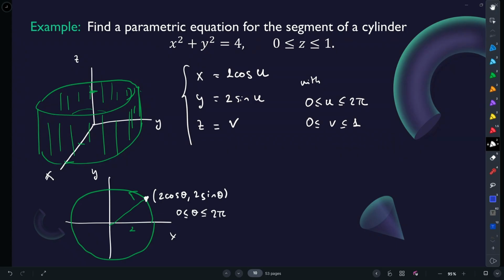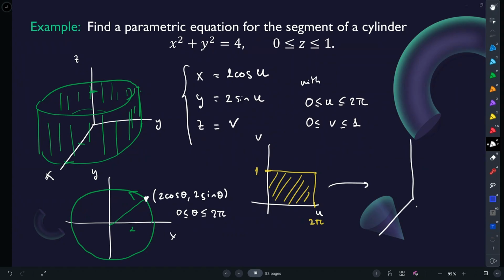So what is happening here is that we have a restricted parameter space, u goes up to 2 pi, and v goes up to 1, and the parameter space is a rectangle, and then we are parametrizing the surface of a cylinder